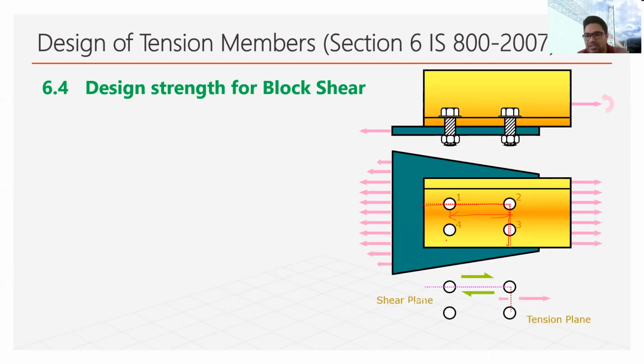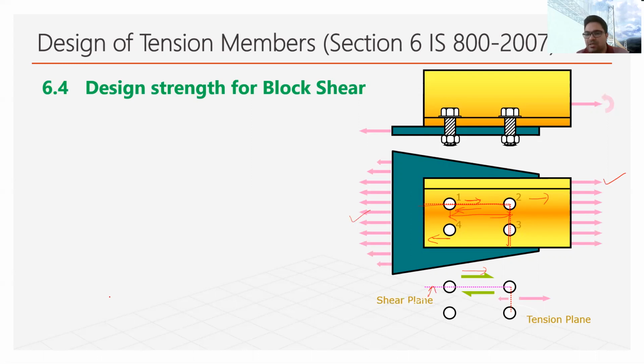In this diagram, you can see section 1 and 2. Along bolt 1 and 2, the line is under shear. You can see this force is trying to move this section here, and this force is trying to move that section there. So the maximum shear is occurring along the bolt line 1 2. Along the line of bolt 1 2, the plane will be called the shear plane because it is under the effect of shear.